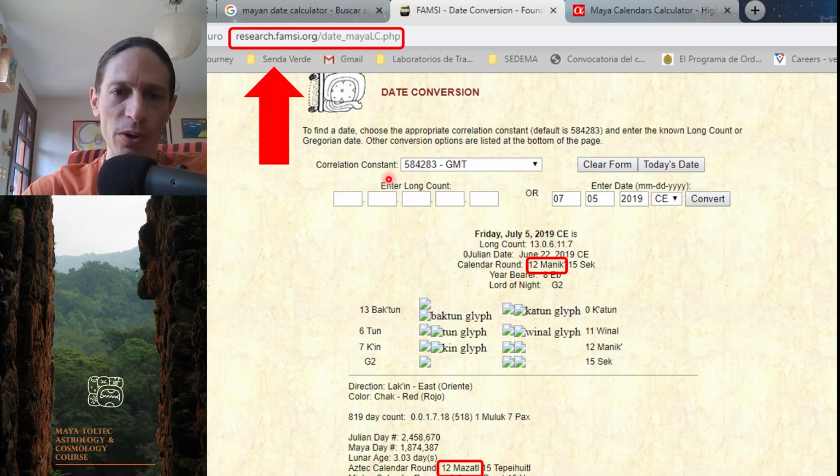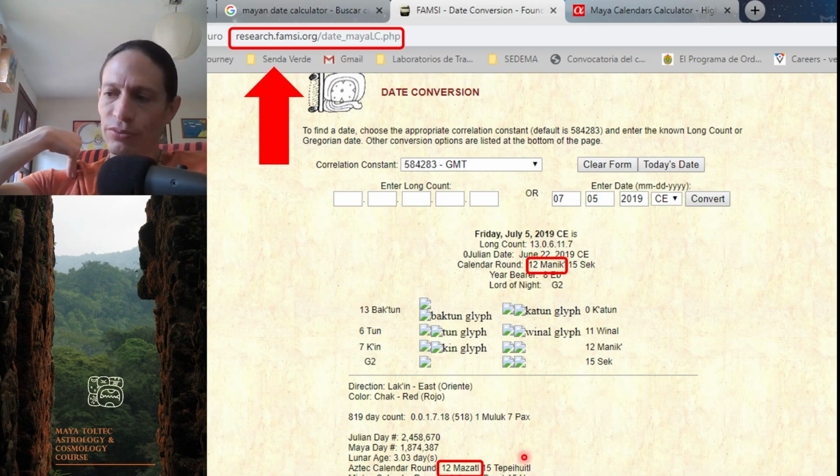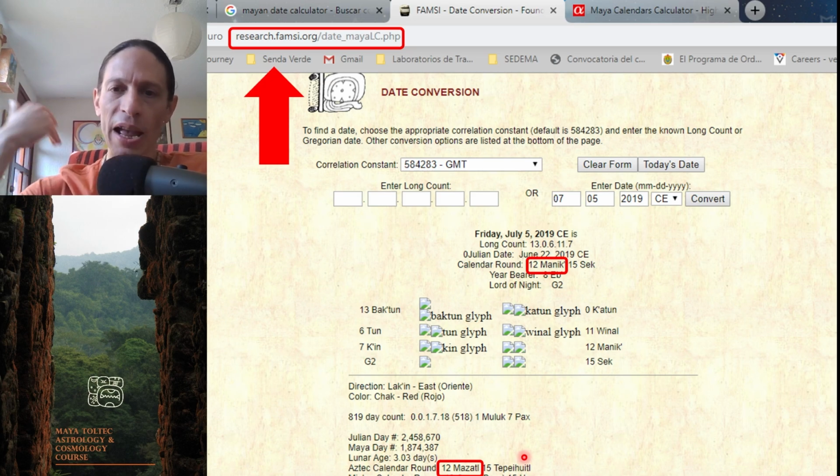So you can enter the long count if you want. Of course, that has to be according to what correlation you're using, or the regular Gregorian date here, and then it will calculate everything for you. So it will calculate the long count, the half day, and I don't know why this is cut off, but anyways, and the day here. So it even adds an Aztec calendar around, right? And there's an Aztec 20-day count calendar, which I did not teach here because I do need to do a separate course for the Mexica or Aztec version of all of this.